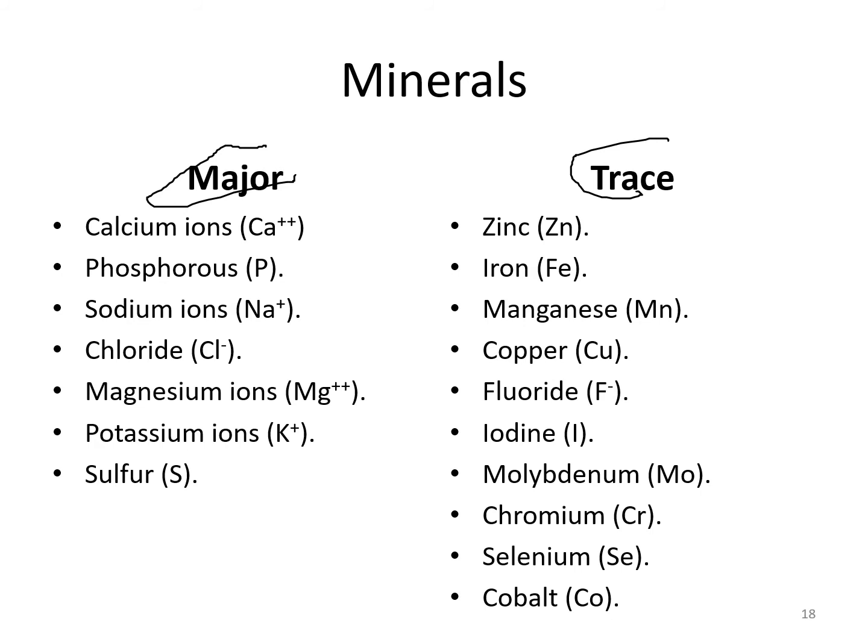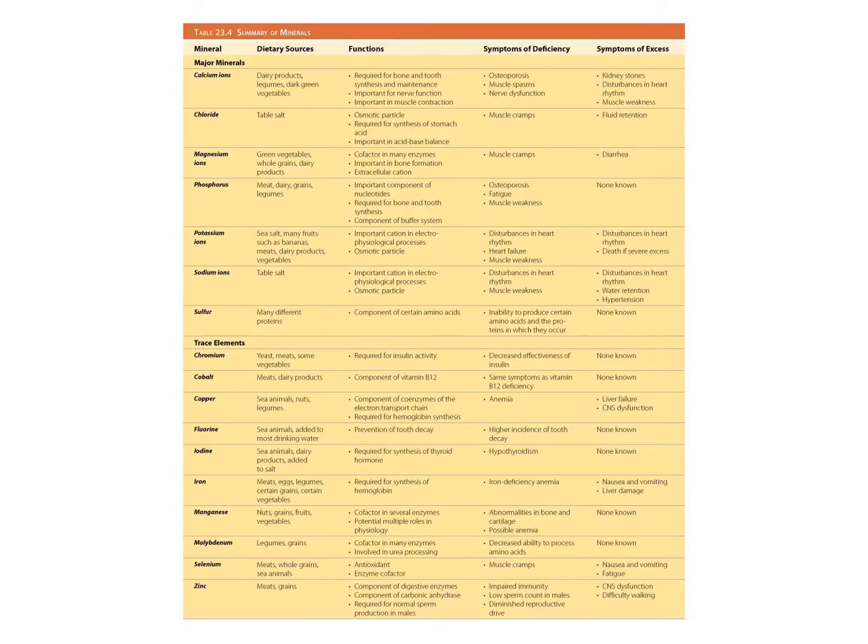Okay, so most of the major minerals you're familiar with, like calcium, phosphorus, sodium, chloride, magnesium, potassium ions, and sulfur. The trace ones, if you take a 1-a-day vitamin, if you look on the side, most of these will be listed. Okay, and so these abbreviations you should know what their name. Some of these you already know, such as iron, iodine, for example. And so here's the table of the summary of the minerals. If you want more information,